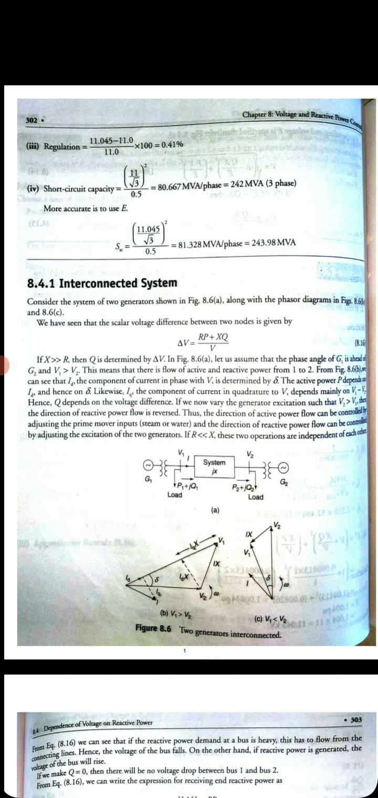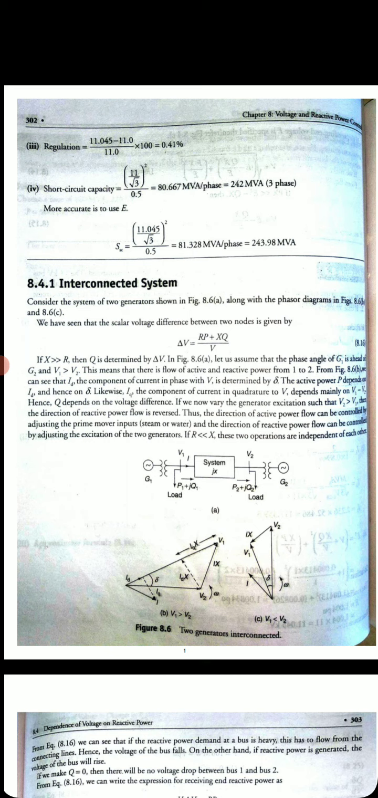One is the case of V1 is greater than V2, another one is a case of V1 is smaller than V2. Fine. Now we have seen that the scalar voltage difference between the two nodes is given by delta V is equal to (RP plus XQ) divided by V. This we are knowing. Okay. In case X is very much greater than R, then Q is determined by the delta V. So you can see in the figure 8.6a,